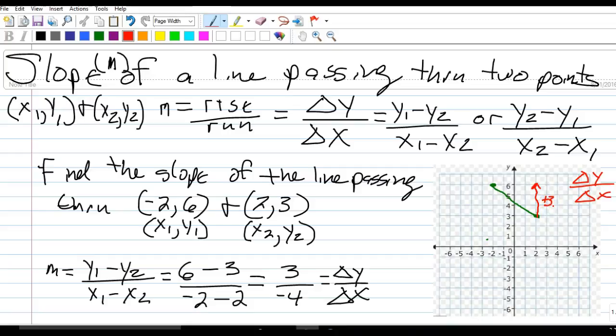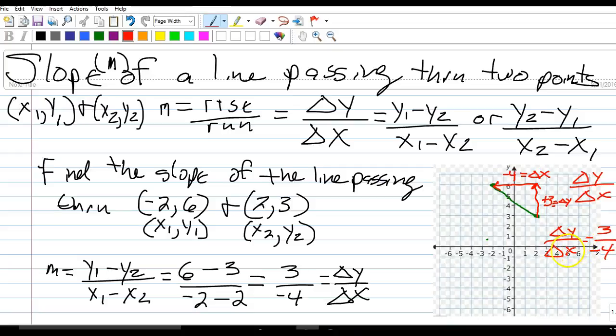That is equal to the change in the y's. Now, to get from here to here, I have to go 4 units to the left. So that's -4, and that's the change in the x's. So the change in the y divided by the change in the x would be equal to 3 over -4,